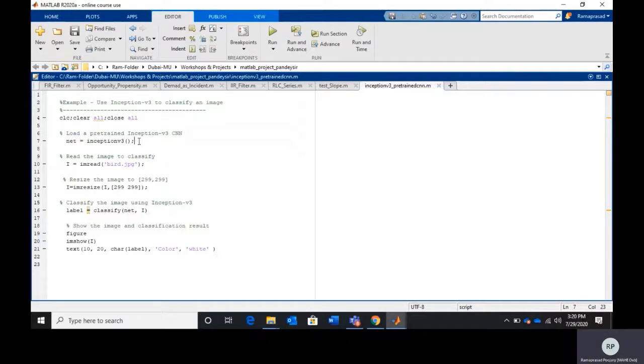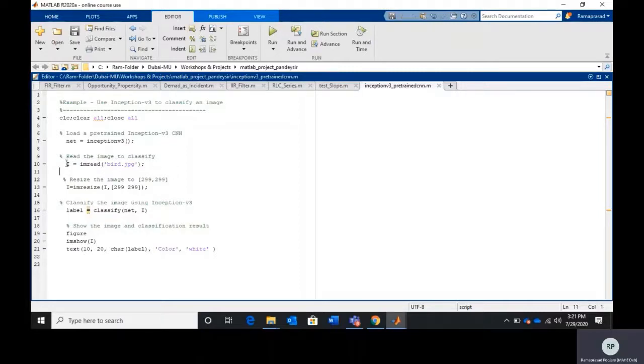After that, I need to feed the test image as an input. I have a JPEG image and I will convert it into a two-dimensional array. imread is the function for reading the JPEG image in MATLAB.